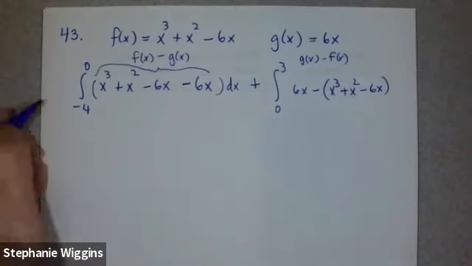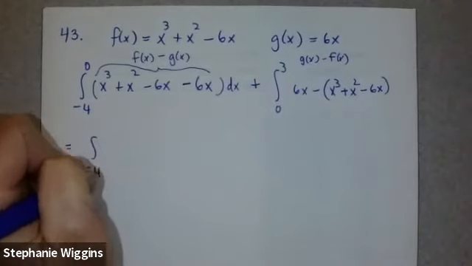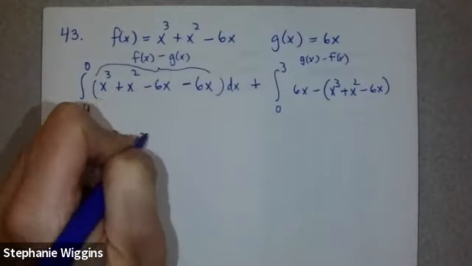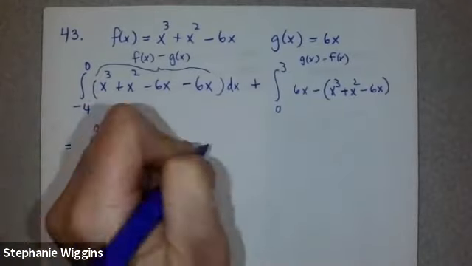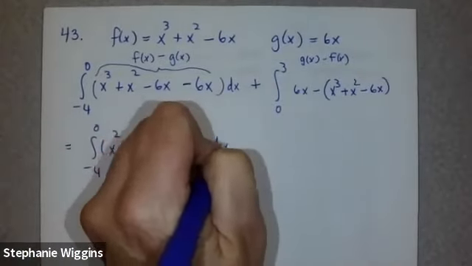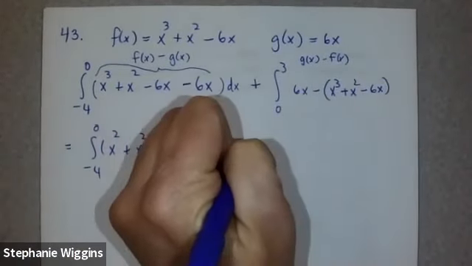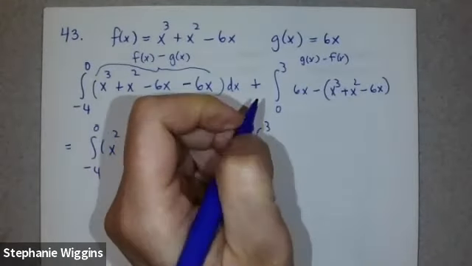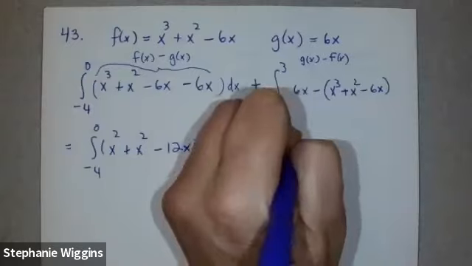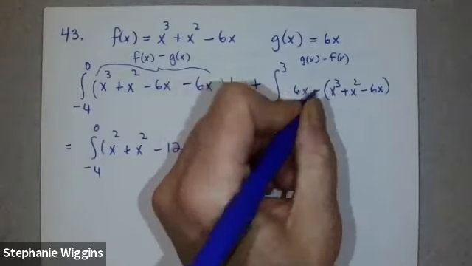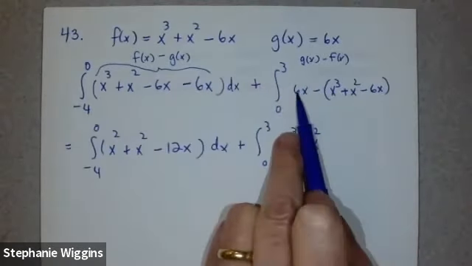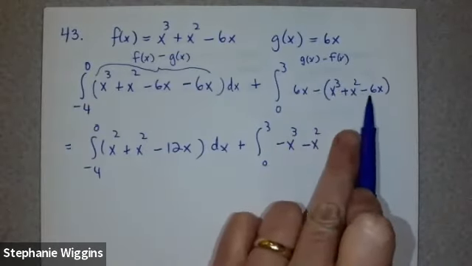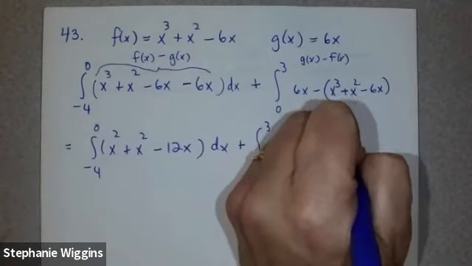So you've got the integral from -4 to 0 of x cubed plus x squared minus 12x dx, plus the integral from 0 to 3 of -x cubed minus x squared. I'm just distributing the negative. This is going to be 6x plus, because of the double negative there, plus 6x. That's going to be plus 12x